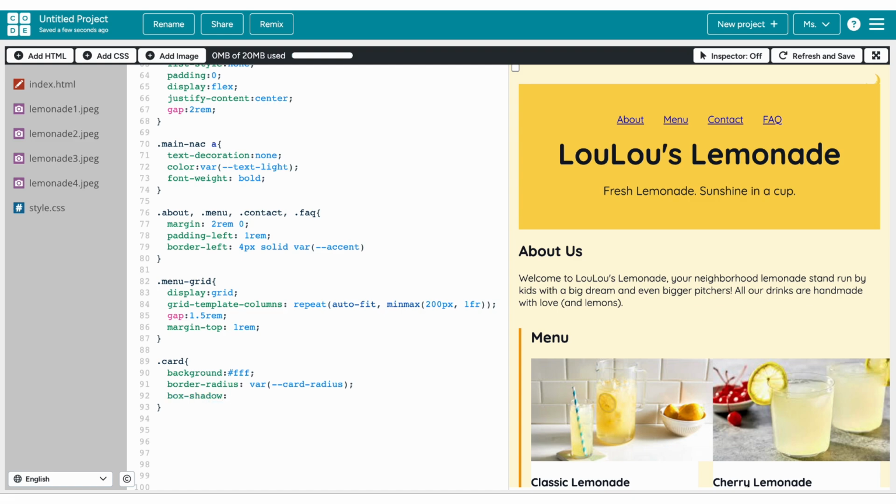So box-shadow, and then give it 0, 4px, and then 10px, and then we'll give it an rgba of 0, 0, 0, 0.1. So that's good. Now I'll do semicolon, and then we'll align the text to be in the center. So text-align: center,